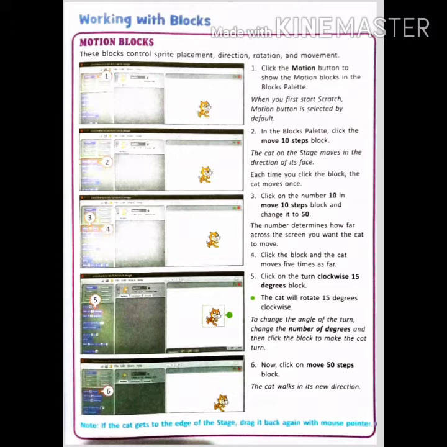Third, click on the number 10 and change it to 50. The number determines how far across the screen you want the cat to move. Fourth, click the block and the cat moves 5 times as far. Fifth, click on the Turn Clockwise 15 degrees block. The cat will rotate 15 degrees clockwise.